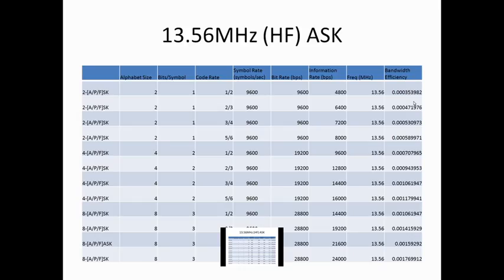And here are our calculations. Once again, this table is laid out as it was previously. And you see there's one less column because here we don't have a range of frequencies. We only have one frequency. So we have two less columns actually, because there's only one column for frequency and only one column for bandwidth. And as you can see here, the ranges for the 9,600 are shown here. And here is the range for the